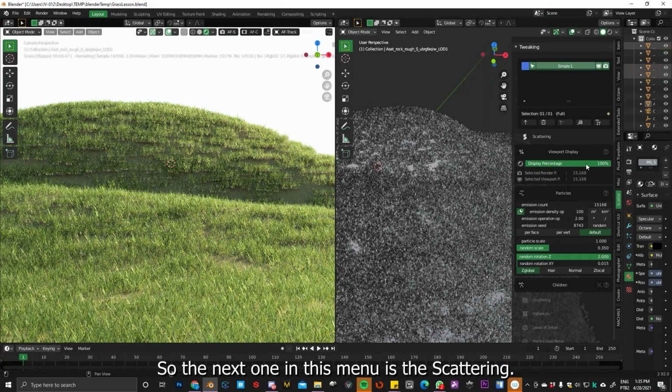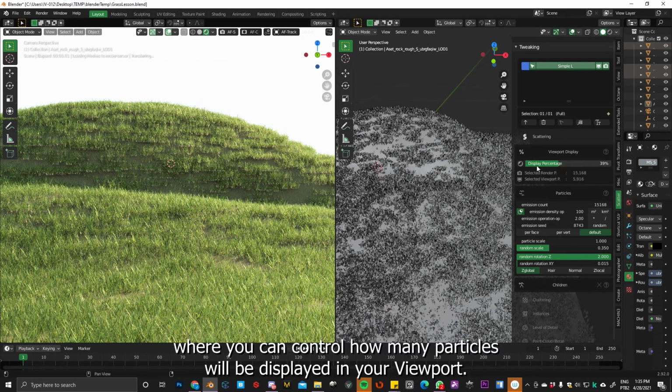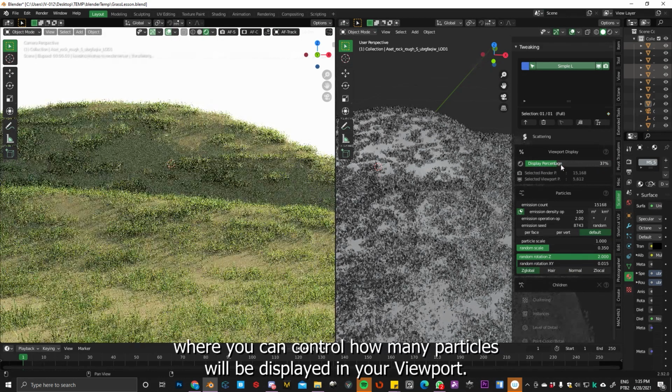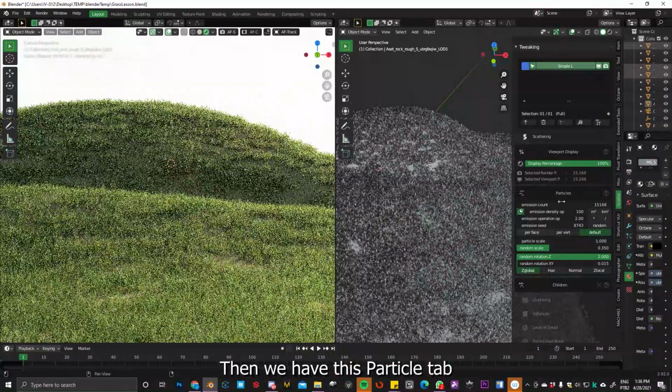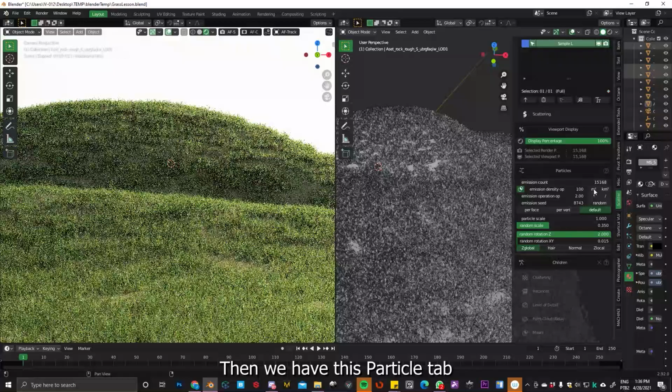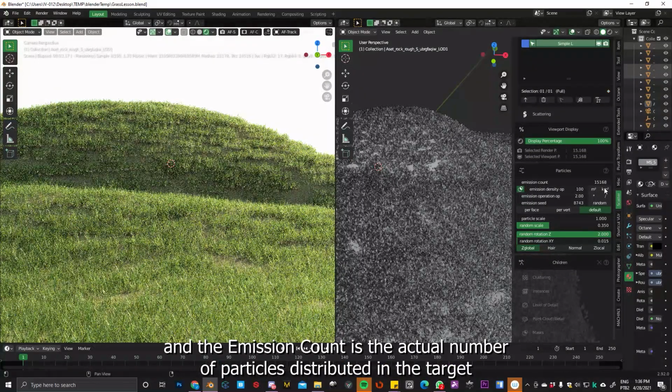So the next one is the scattering, and inside this tab we have this displacement percentage, where you can control how many particles will be displayed in your viewport. Okay, and then we have this particle tab, and the emission count is the actual number of particles distributed in the target.